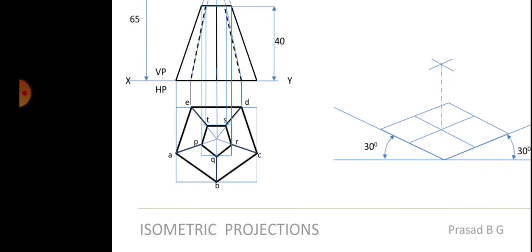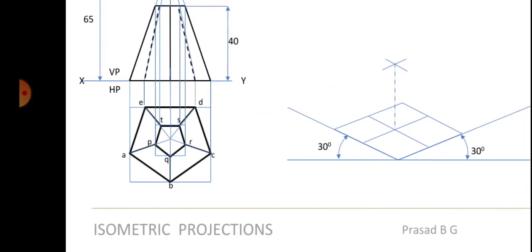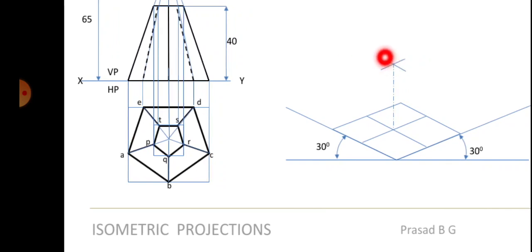In the same way, I will measure the distance from this center to the midpoint of this line, and from this center to the midpoint of this line. The same way I will take the distances on the horizontal side. One is on the vertical side, another on the horizontal side. But you have to be careful while taking the distance. Don't take the distance randomly. So this is the center, and this is actually O to Q, wherever I get the midpoint. That will be this distance, O to Q. In the same way, I'll take the opposite midpoint, measure that, and keep it here.